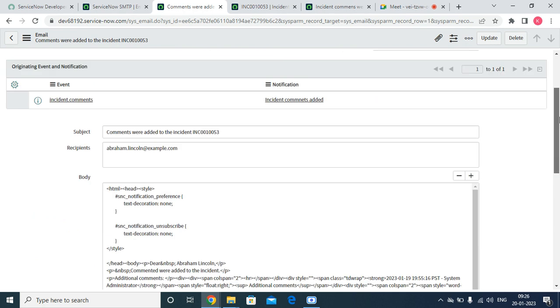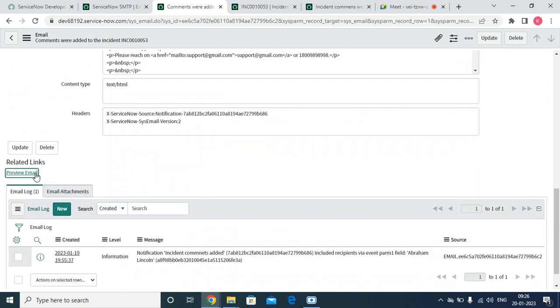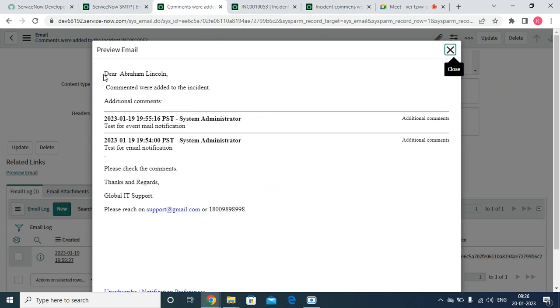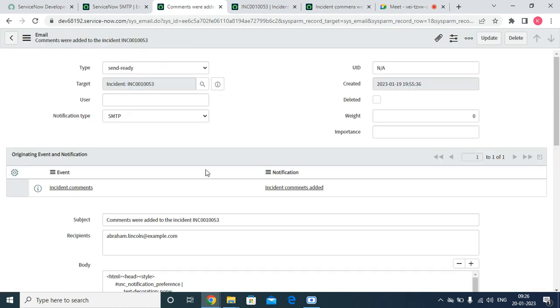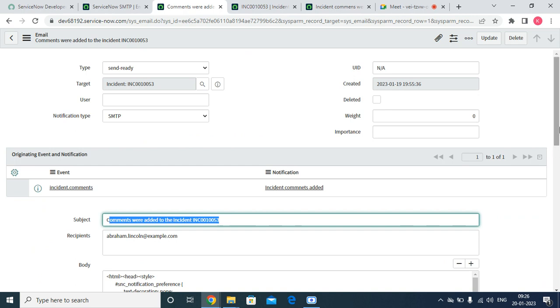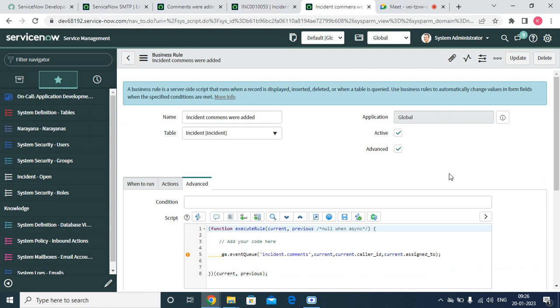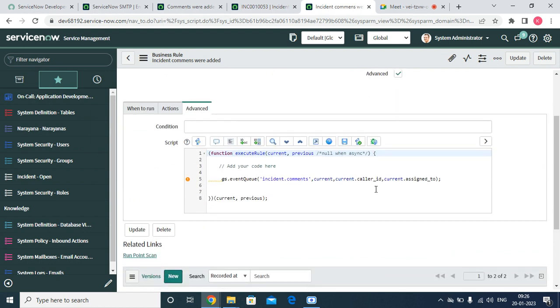Now, if you see here, the preview of the email. So, dear Abraham Lincoln, who is a caller, comments were added. So what have we added? The comments were there. And if you see here, the mail body is there. Sorry, the mail subject is there. And here in the script, what we have written is it has to send to current.caller_id and current.assigned_to. But the mail has been triggered to